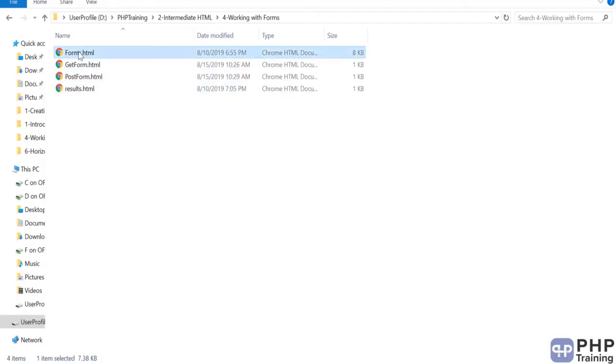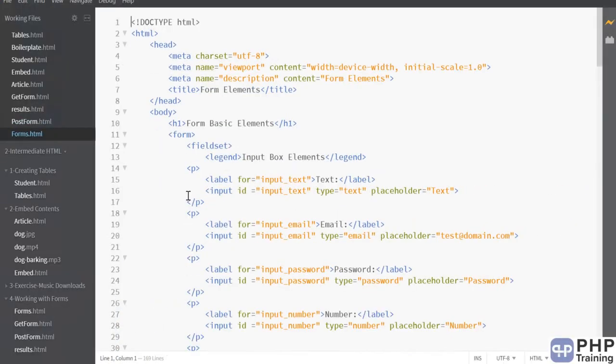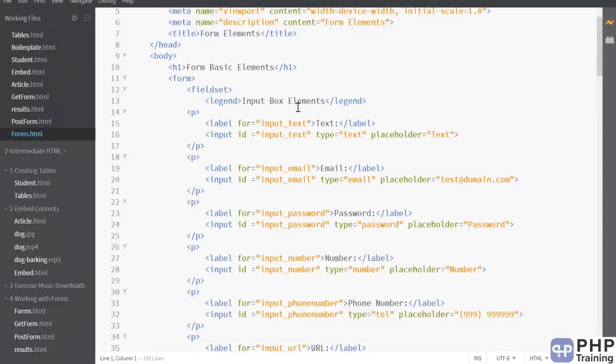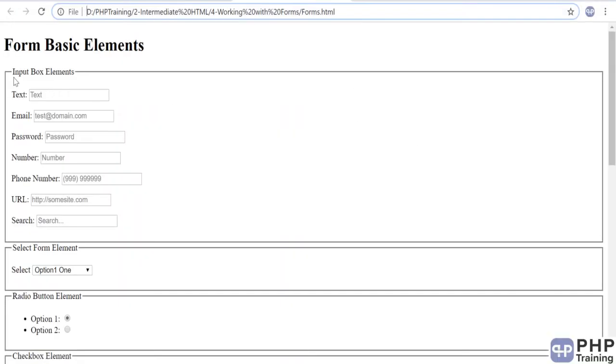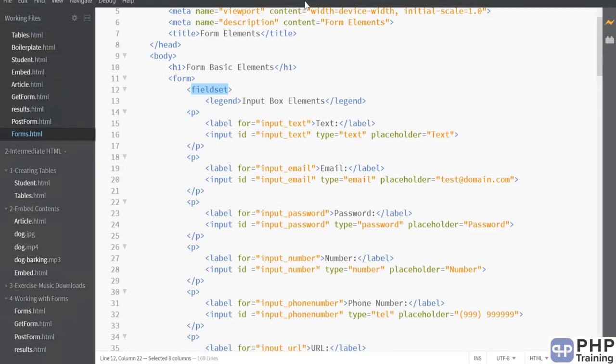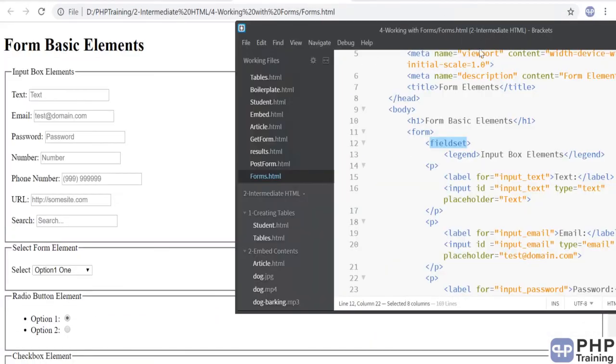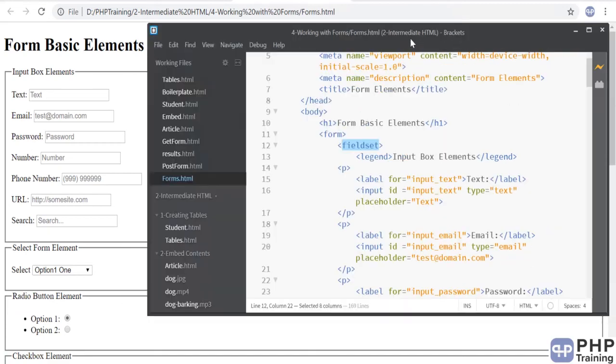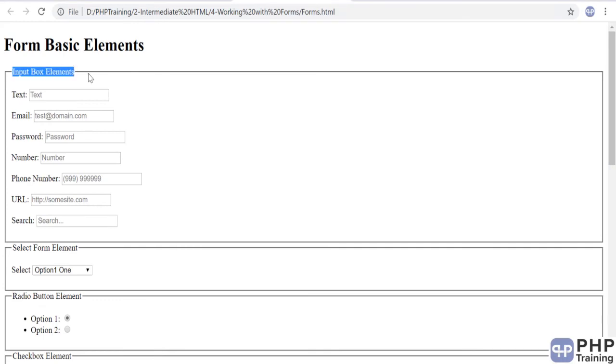I've copy pasted this form file. Let's open this up and do a review of what form fields are available. Everything you define should be defined under a form. Then there's something called a fieldset where you can group the fields. This output is called form fieldset. You see the line here is basically the grouping of the fields. Let's compare your code and the output. You can define a legend for the fieldset, where you can add some text.